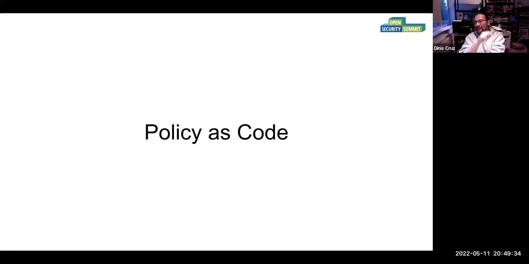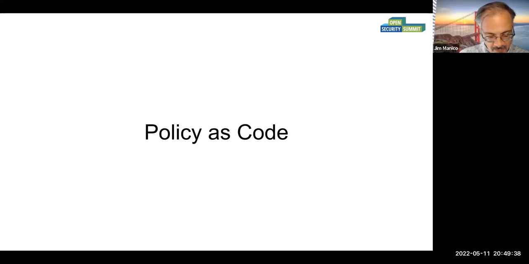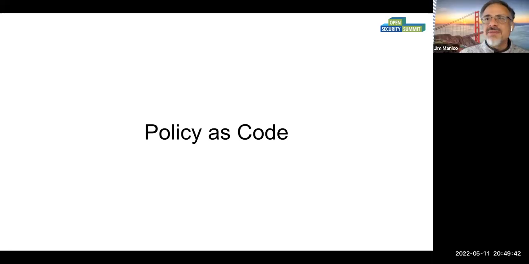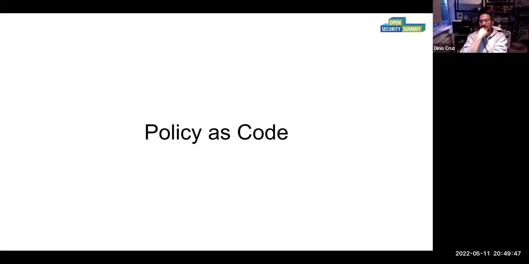What's your view of policy as code? I have no views. Well, I think this is another way to scale. Educate me on this. What am I going to learn from you today? What do you mean by policy as code? Well, it means that you start to treat your policy, your rules, your mappings of what happens on top of your frameworks as code itself.